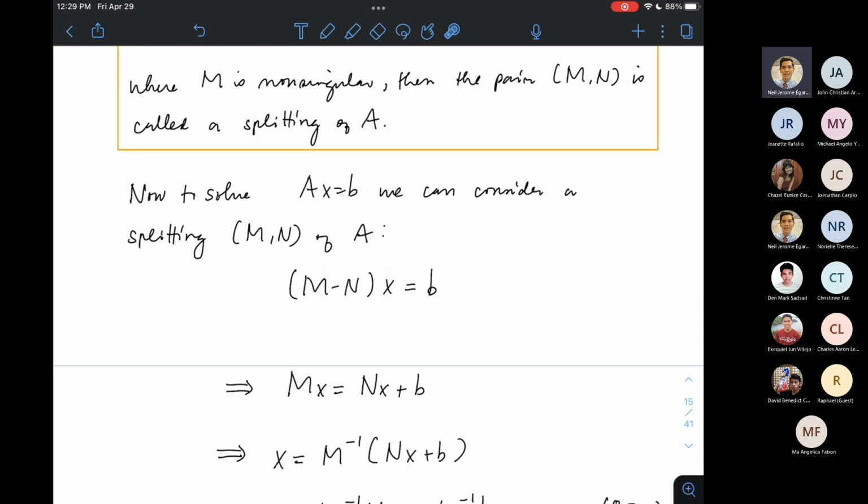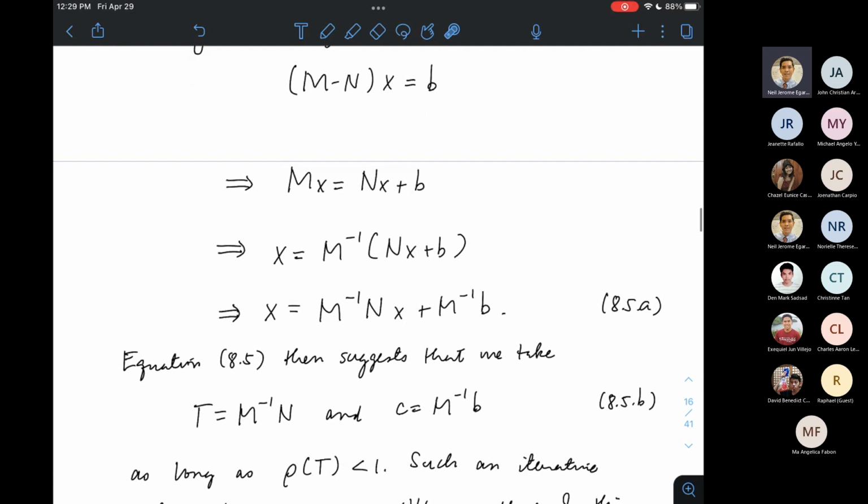And then I will add Nx to both sides to ultimately get Mx equals Nx plus b. And then this is the reason why we want M to be non-singular, because now we can multiply both sides by the inverse of M and get this guy. And then I will perform the distributive property again. So I will distribute M inverse into the sum Nx plus b and get the equation you see in 8.5a, right? So sinasuggest ni